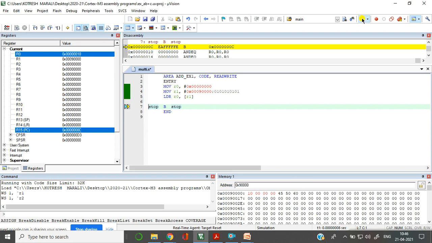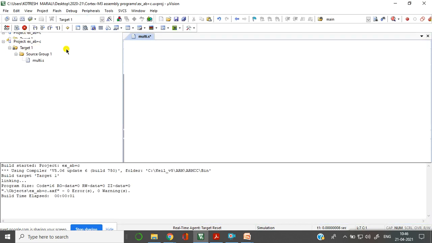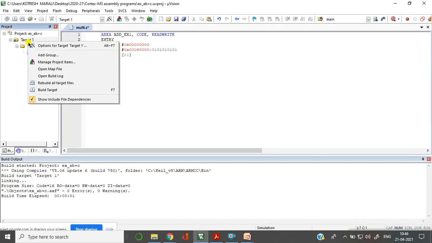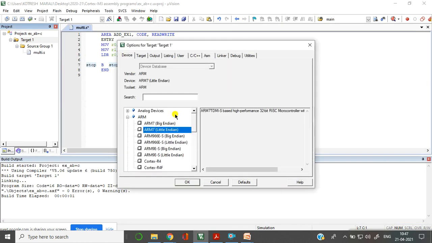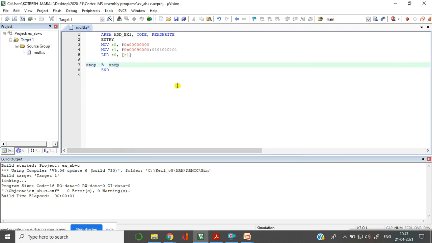Now I'll stop this execution. I'll change my target options, go to device, and select big endian. Okay, I will select big endian and we'll see how the memory arrangement is done and how the data is going to be stored.